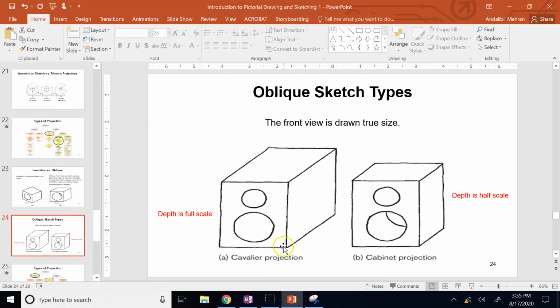Now oblique, one version is called cavalier, where depth is full scale. Cabinet depth is half scale. Okay, so this is full scale, this is half scale. And why half scale? Because again, the part might be too long, like a train, and you shrink the depth to squeeze it all